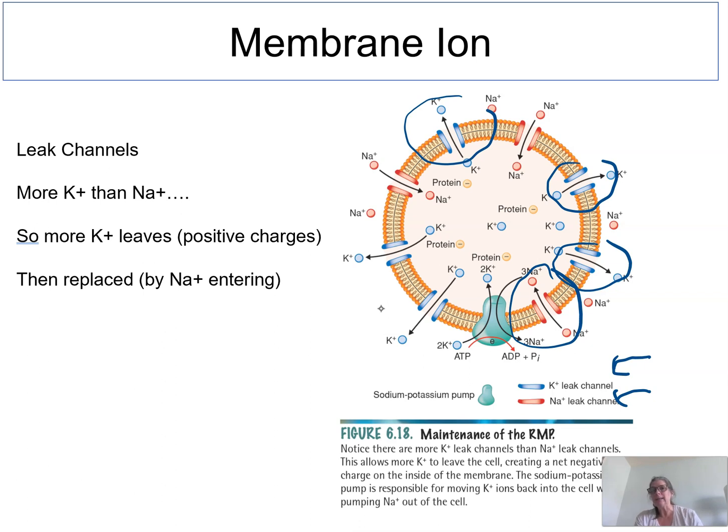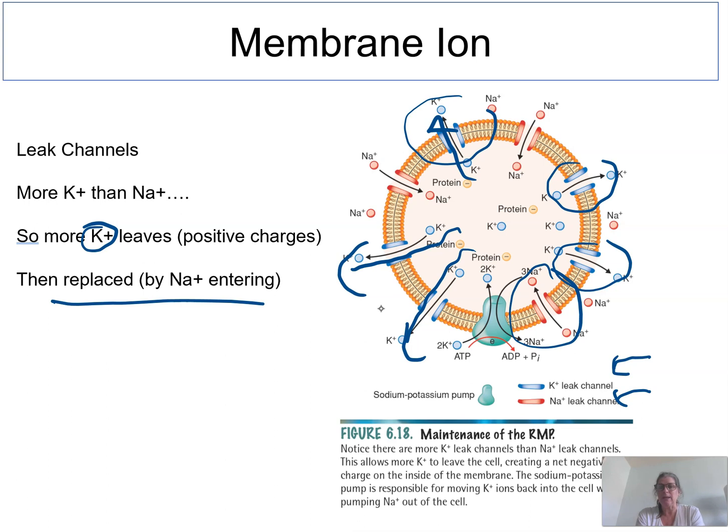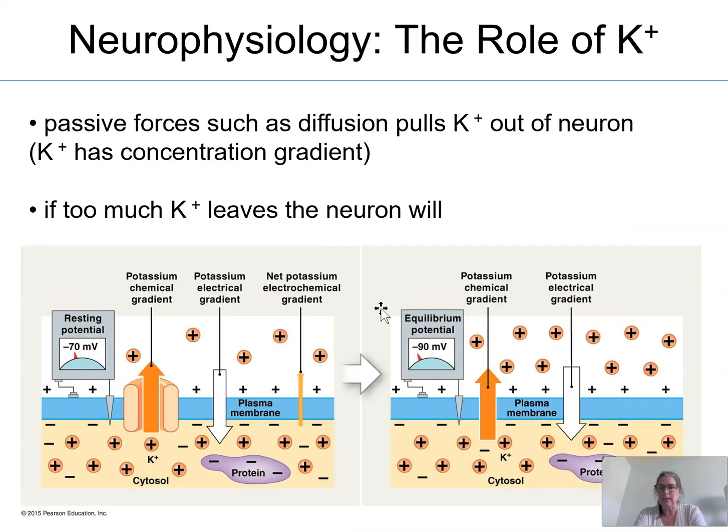What that means is that the cell membrane is more permeable to potassium. Since there are more open or leaky channels, more potassium can leave that cell, and potassium has a positive charge. So we're losing more positive charges than we're able to replace by sodium, because even though sodium will come inside that cell, there are very few sodium leak channels. Because there are more potassium than sodium leak channels, we say that the membrane is more permeable to potassium.